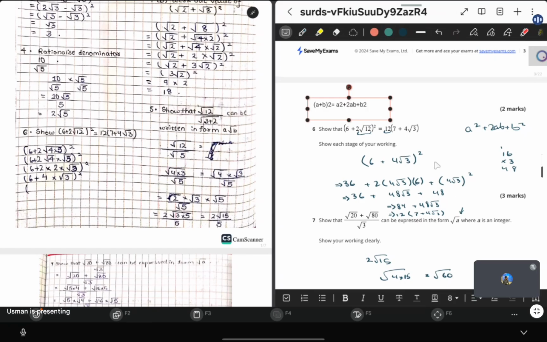And then we take this whole as B and then we make B squared. Okay. So we get 36. Then we get 48 root 3. And then we get 4 squared and root 3 squared. Okay. So if I were to write this down, it would come out to be,